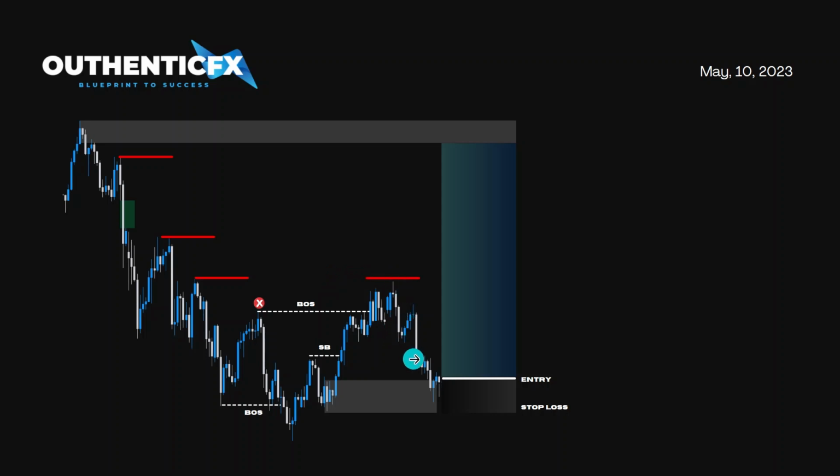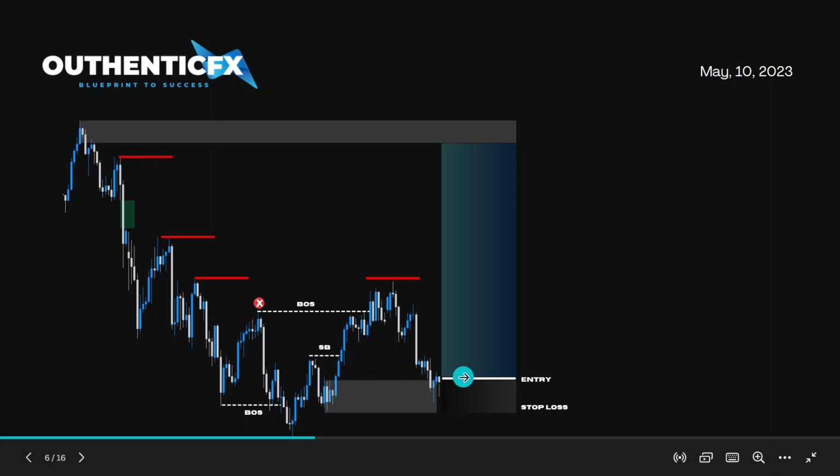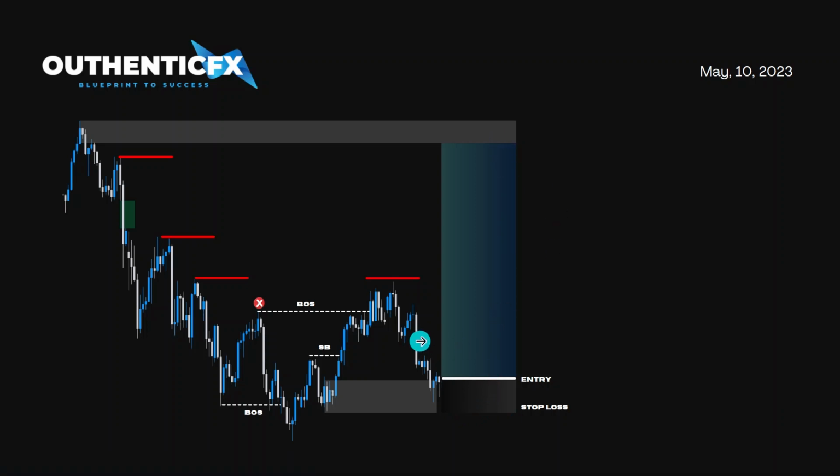Notice that this candle's main purpose was to take out these equal lows at the bottom here and then mitigate our order block. So once we enter at the high of the wick of this candle and have our stop loss just below these candles, we target our draw of liquidity. So TP1 will be, or our points of interest will be, mitigating this void, taking out these equal highs,